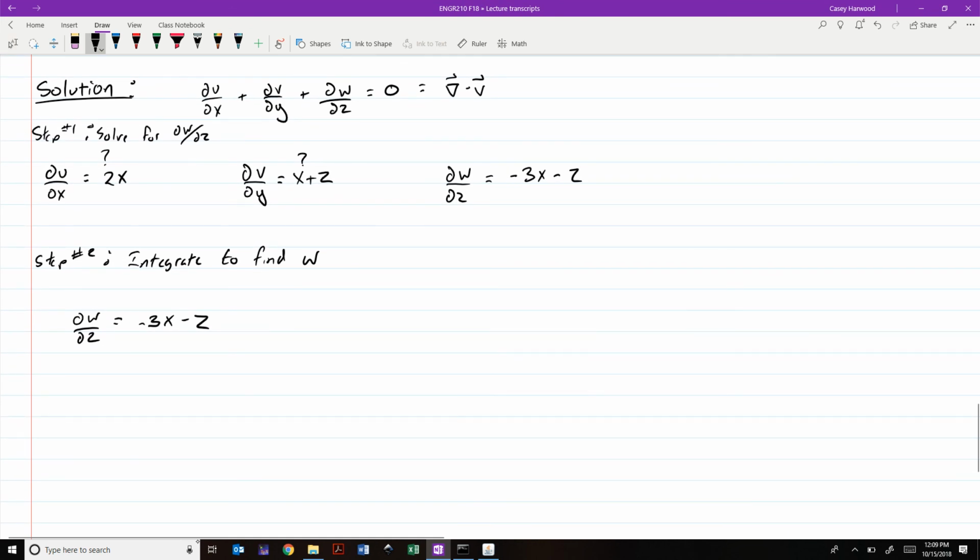If we integrated both sides with respect to z, negative 3x minus z dz. What are we going to get? Well, this is a fairly straightforward integral. So negative 3xz minus z squared over 2